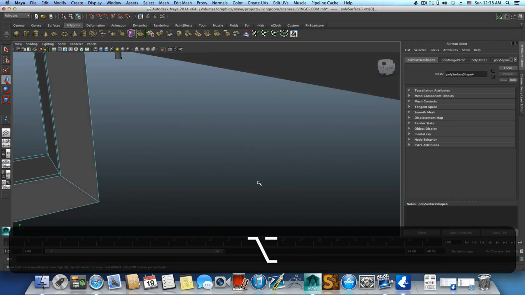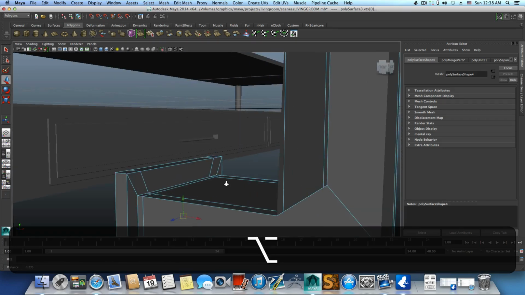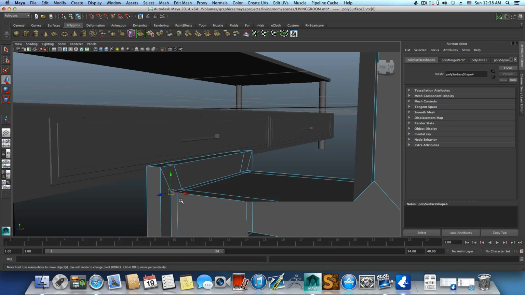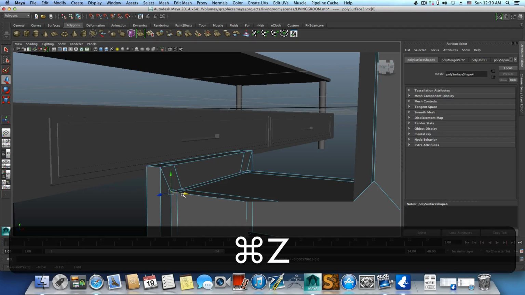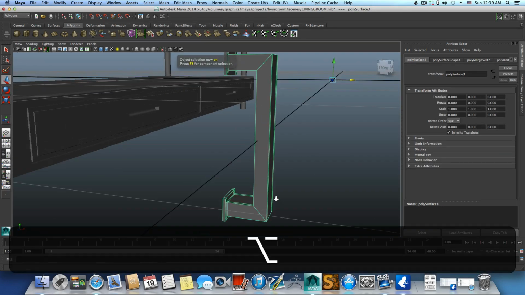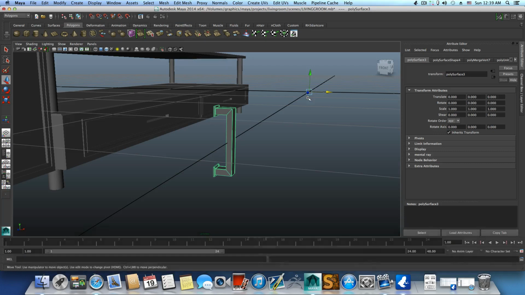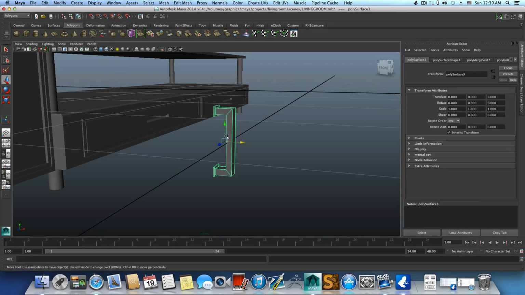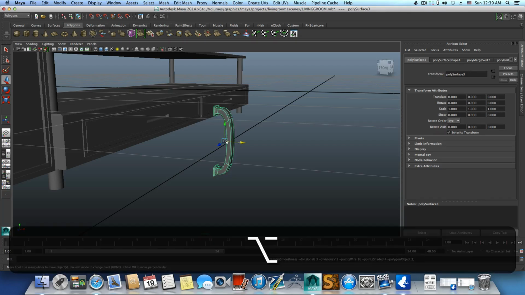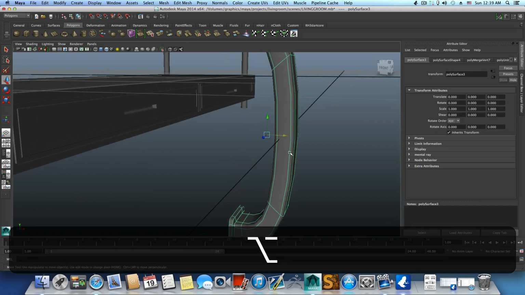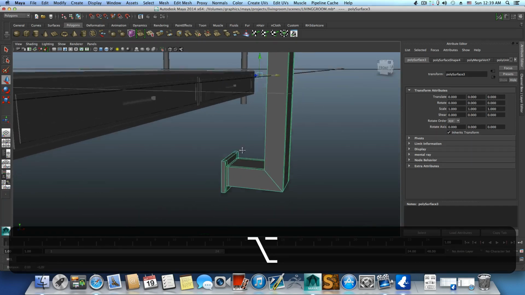So now if we come over here and grab this vertex and pull this, you see it's all pulled as one unit. It means that it's merged, and now the pivot is there. So Modify, Center Pivot, let's press 3 to see this. Yeah, we have some kind of issue, so what we will do is